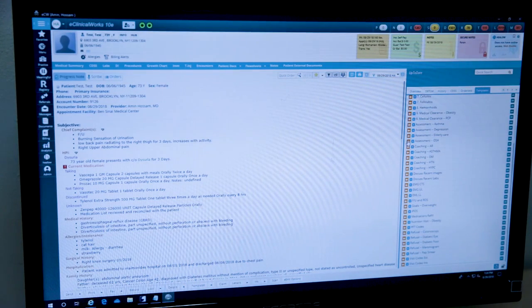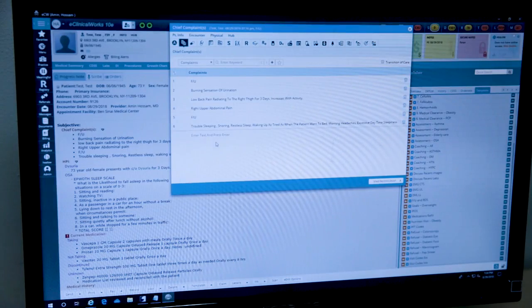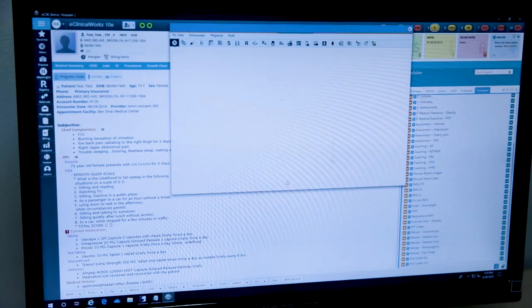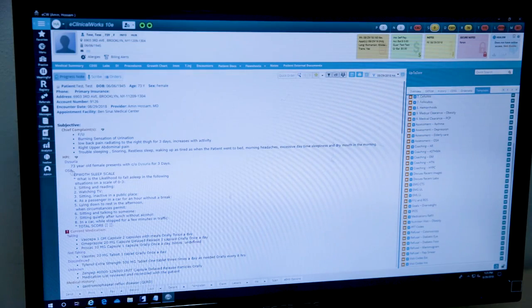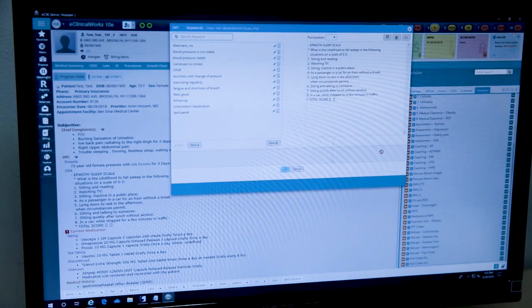We check this template, and you see this chief complaint has to follow up, because we use two templates. We can delete one of them. Okay, and this is the Epworth sleep scale. We need to ask this patient about these questionnaire questions. You check OSA, and you check these three dots, and you ask the patient this question, and you